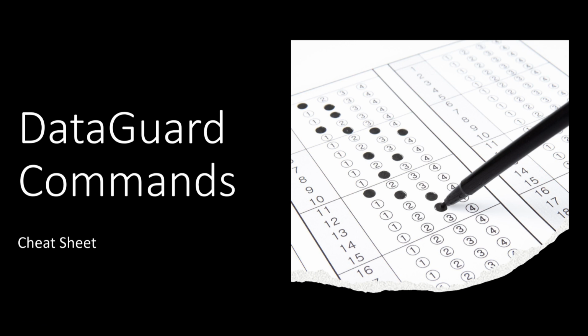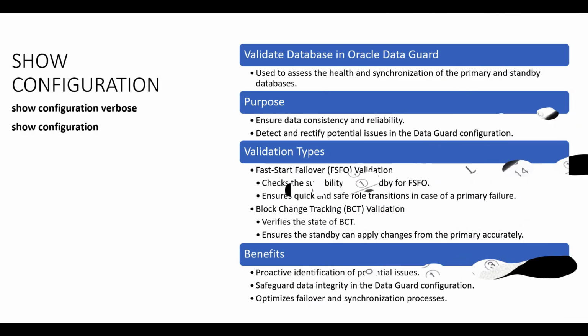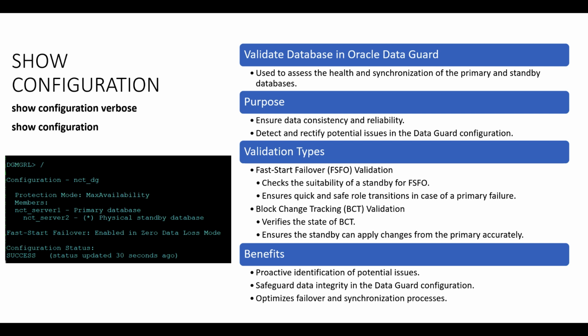Before we proceed with the demonstration, let's introduce the primary commands we'll be working with. It's worth noting that we are operating within a lab environment where DataGuard has been configured following the installation of SAP. The Show Configuration command provides vital insight into the current state of your DataGuard setup. This command displays key configuration details, helping you monitor the status and health of your primary and standby databases. It offers a comprehensive overview, aiding administrators in making informed decisions, detecting potential issues, and ensuring the integrity of their